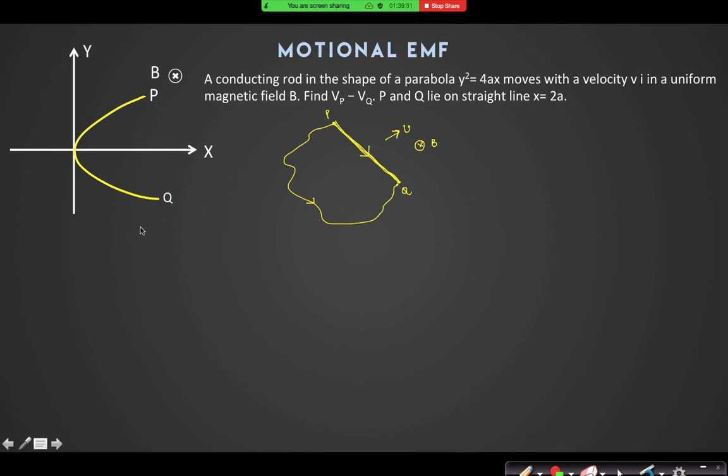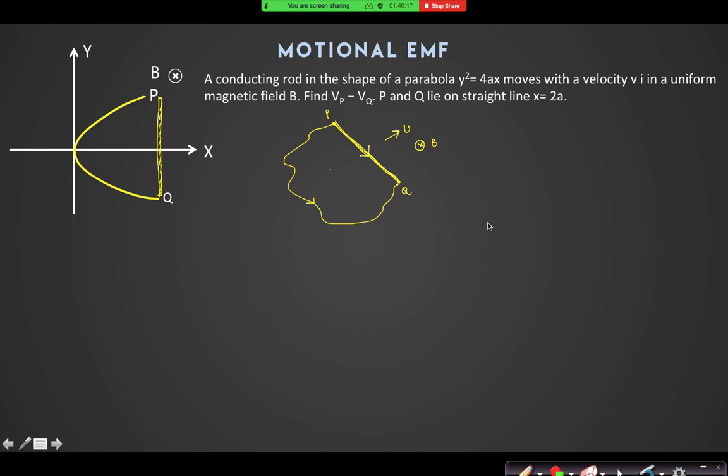So whatever EMF is induced in this branch, this way, it is the same EMF induced in this way, just in opposite direction current. Yes, sir. So whatever may be the shape of the conductor, you can just replace the shape by joining their ends. Forget about the parabola. Think about this rod now. Can you understand my logic?